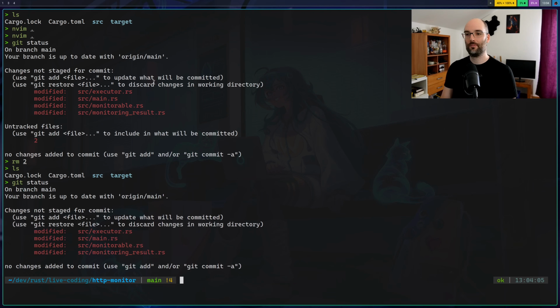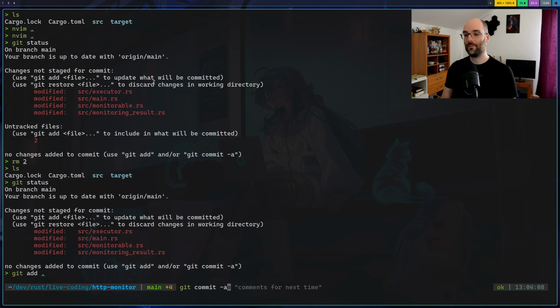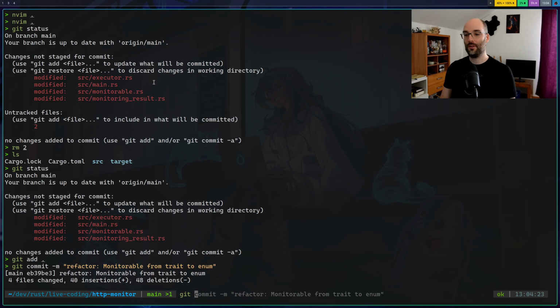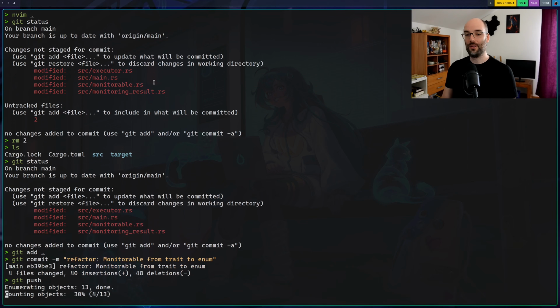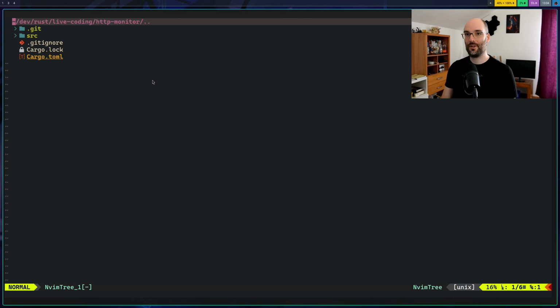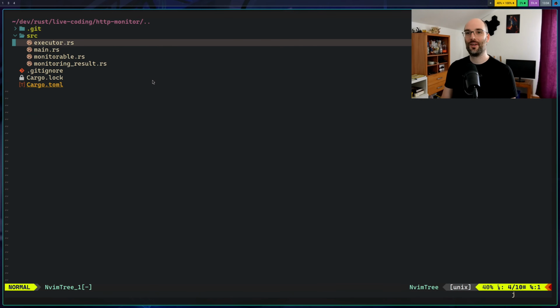Okay. Whatever that was. We'll add everything, git commit. And we now have "refactor monitorable from trait to enum". I don't know whether that's the best we could have done for this commit message, but anyways.